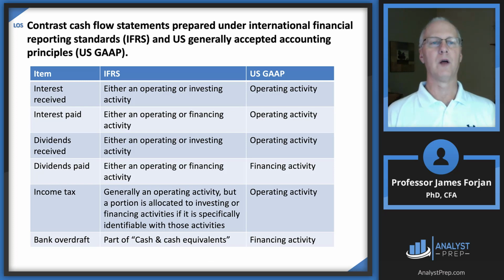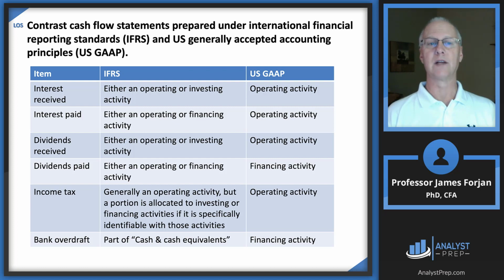All right, this is an important LOS. Contrast cash flow statements prepared under the international standard versus the U.S. standard. All right, so let's take a big picture look at each of these accounts. So what are we doing down on the left-hand column? We're doing interest, both received and paid, dividends, both received and paid, and then some income tax and overdraft items. All right, so here, you're just going to have to memorize this. Let's go ahead and start on the right-hand column and identify whether these are